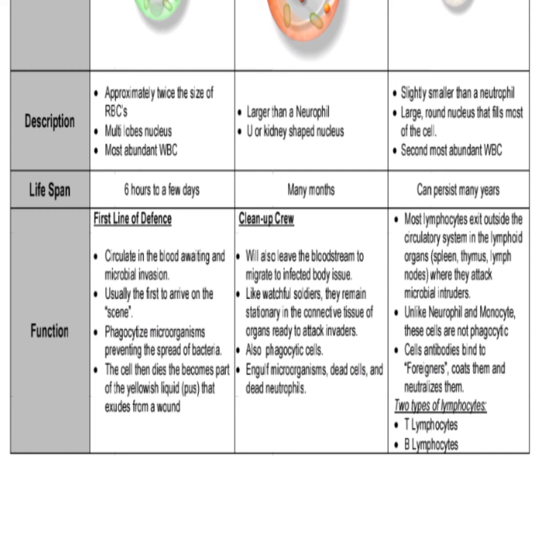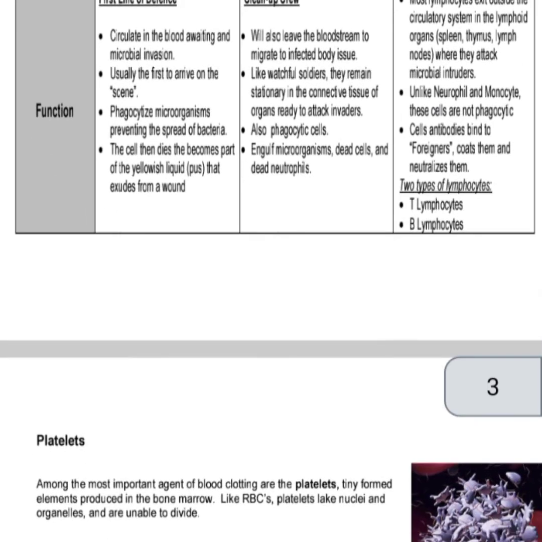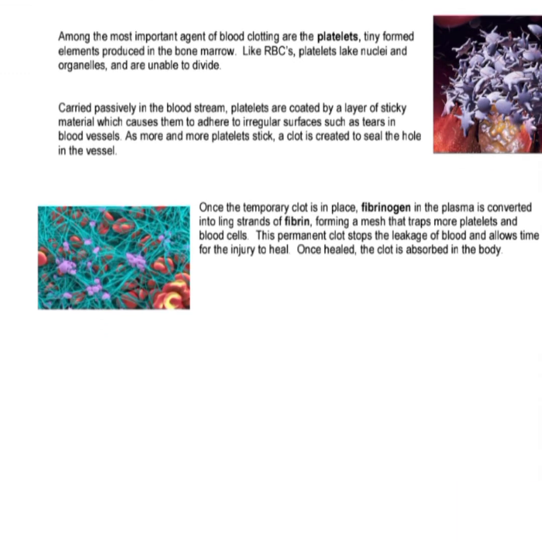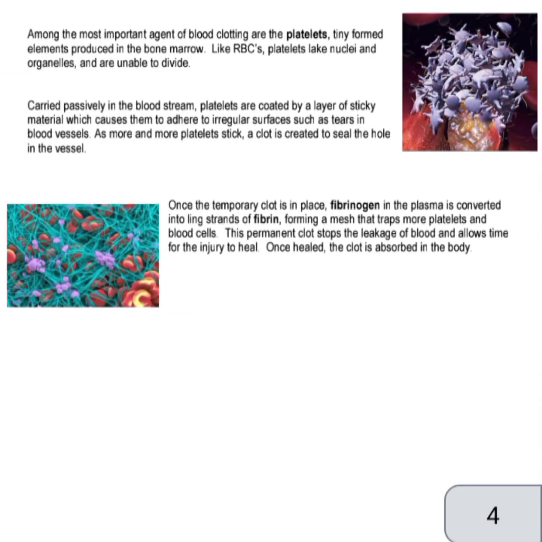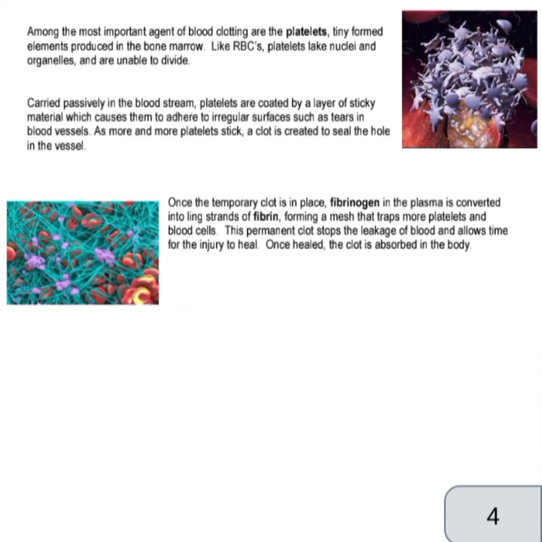microbial intruders. Unlike neutrophils and monocytes, these cells are not phagocytic. Cell antibodies bind to foreigners, coat them and neutralize them. Two types of lymphocytes: T lymphocytes and B lymphocytes. Platelets. Among the most important agents of blood clotting are the platelets, tiny formed elements produced in the